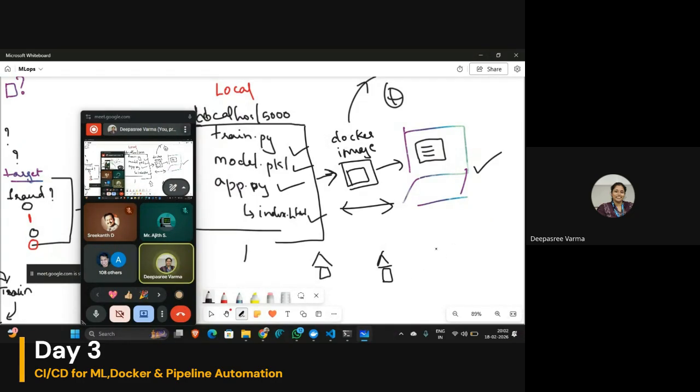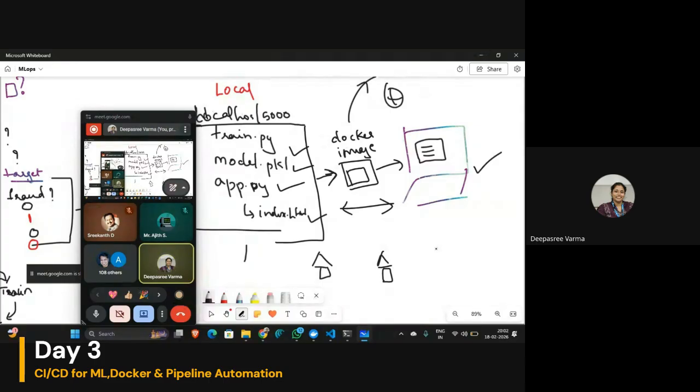So what we are going to see today is how to containerize the application that we built yesterday. For that, we will create a file which will contain the instructions for containerization, and we will containerize it. Maybe we can save it as a zip file or tar file, then later you can copy it and try it on a different machine. Since we cannot see that today, you can open it on a different machine and try that as well. To copy your machine learning model or your application, or to make your application run on another machine, you need this containerization. That is the best method that you can use.